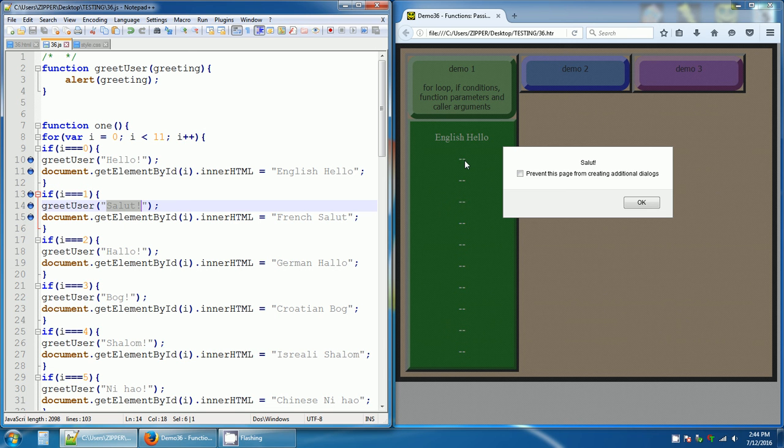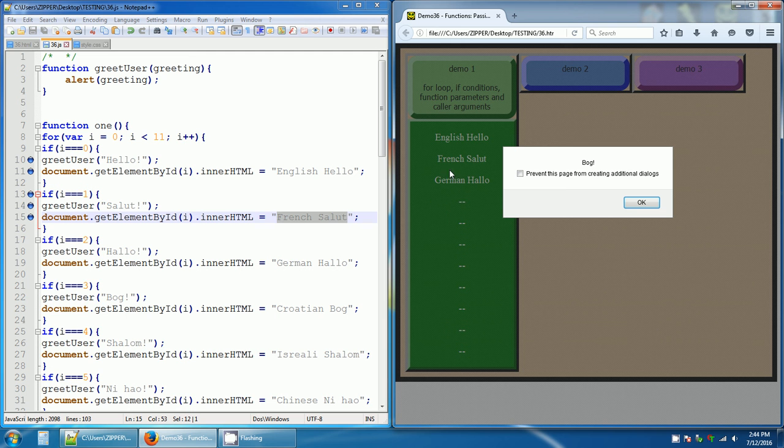And so then in the next paragraph, it's going to say French salute. So then click OK. I must have somehow double clicked, but French salute, and then German hello. Now it says bog, click OK, Croatian bog, shalom, click OK, Israeli shalom, ni hao, click OK, Chinese ni hao,